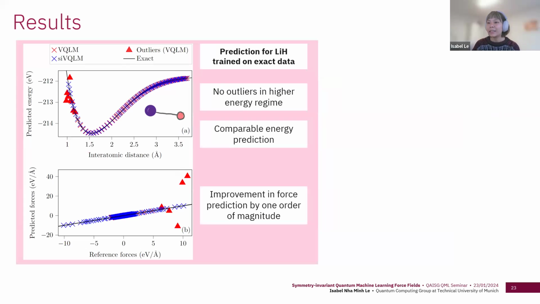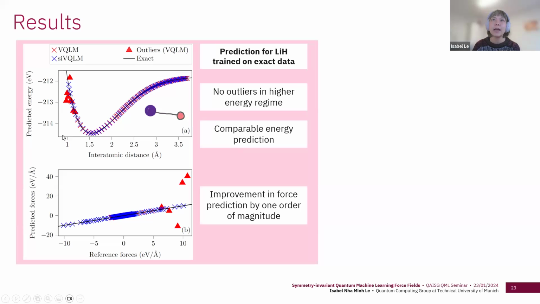Okay, so I've already shown you our architectures that include the necessary symmetries. And now I want to give you a little bit of an insight into our numerical results that we could achieve with these architectures. So first, we considered lithium hydride as an example for a diatomic molecule, and we trained it on exact energy labels. And we did this for both the generic model that was introduced previously, so the generic quantum learning model that did not know anything about the symmetries, and the symmetry-invariant model that we just introduced.